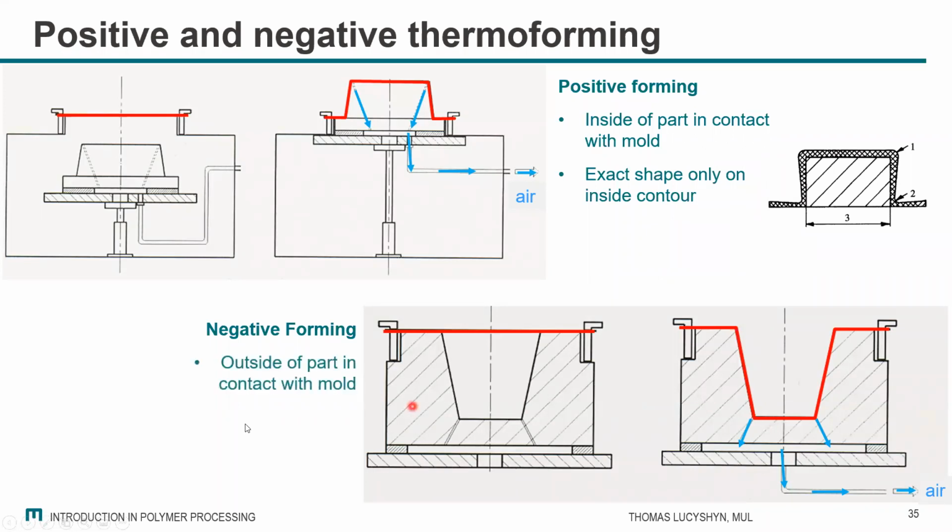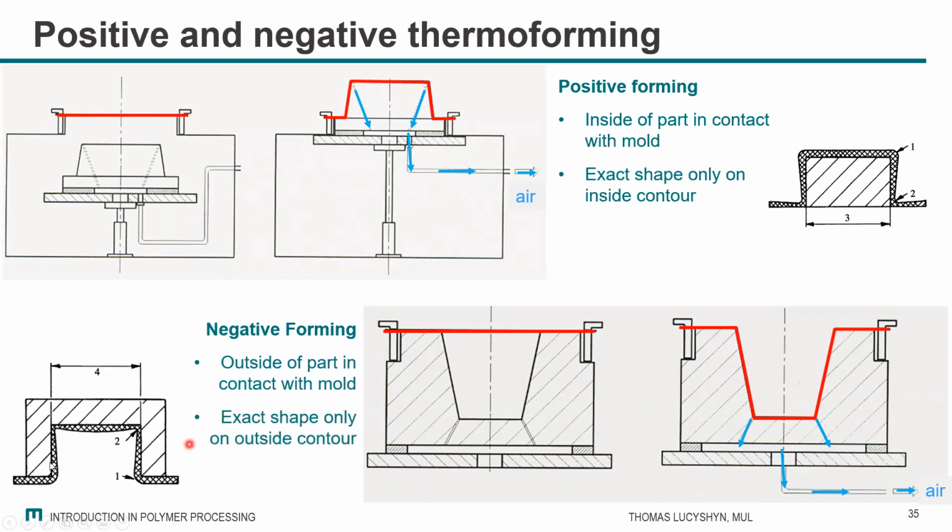So the characteristic of negative forming is that in this case, the outside of the product, so this would be our product, like a cup, would have contact with the mold, and then you would have an exact representation of the shape of the mold on the outside, and on the inside of the product, you would have some kind of undefined shape,